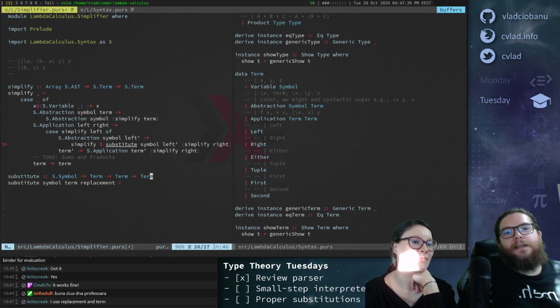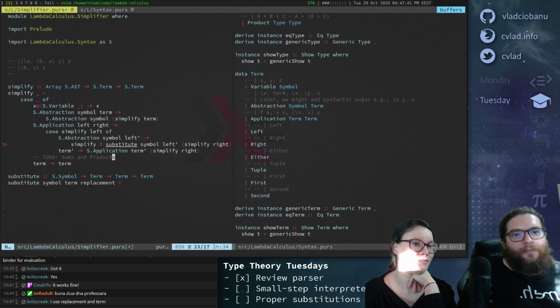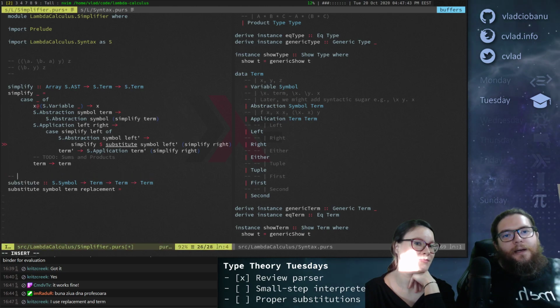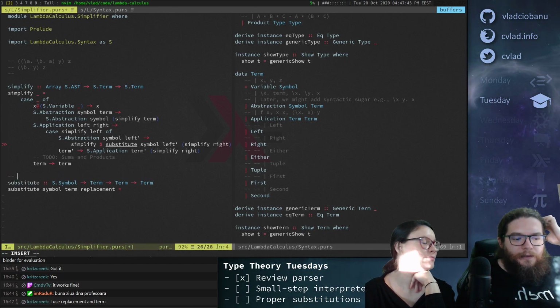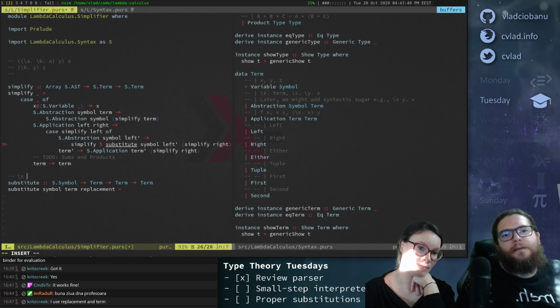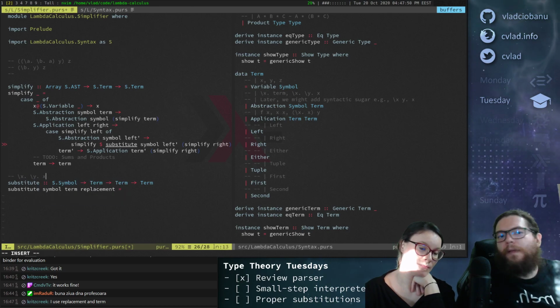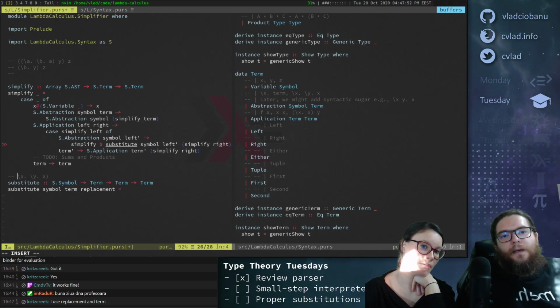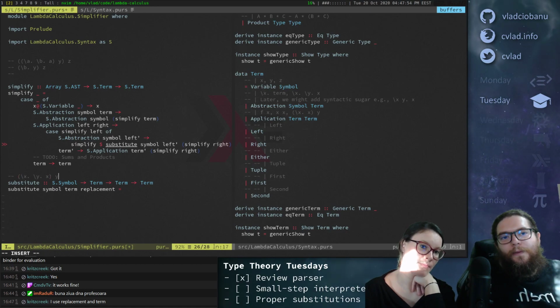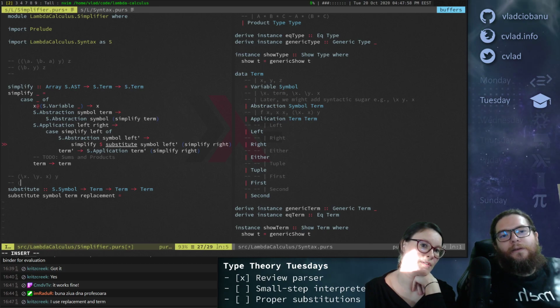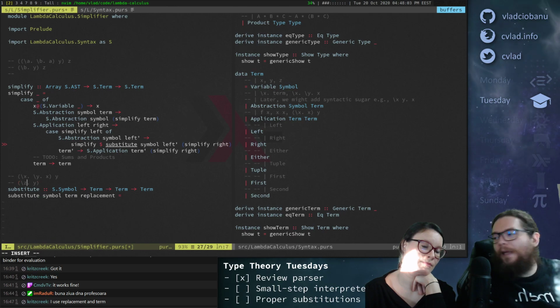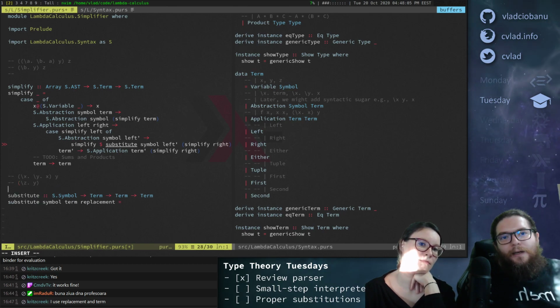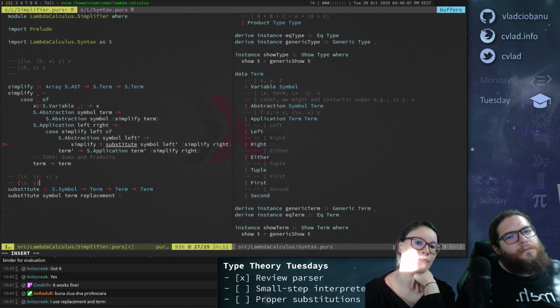About, okay, so what can happen? What's the trick here? The problem here is that you could have something like lambda x dot lambda y dot x here, right? And if you replace x with y, this y is not the same as this y here, right? So if you do that, then you should end up with lambda z dot y here, or whatever, like some other name here, correct? Yeah. I think, right? That's the problem.